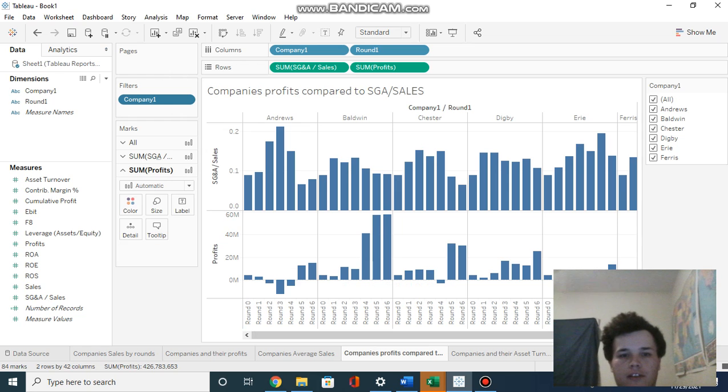The next sheet we will examine is companies' profits compared to SG&A over sales. As you can see, our profits were heavily correlated with our SG&A and sales. In the beginning, when we managed to keep our SG&A and sales expenses low,